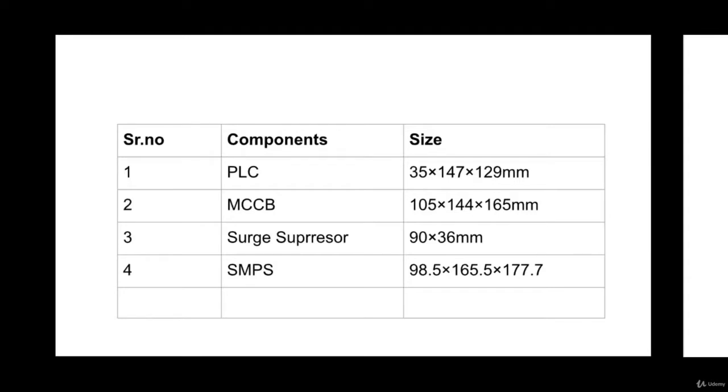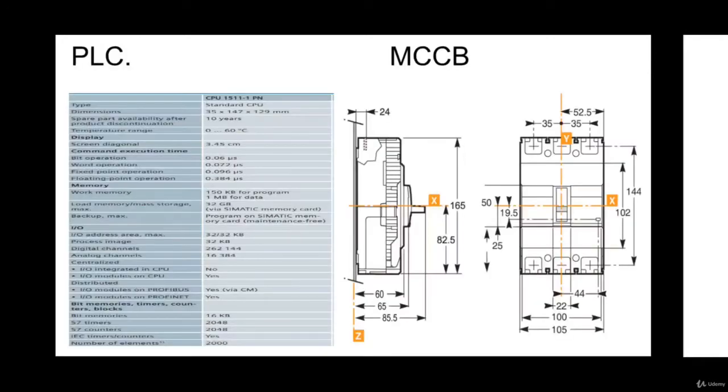But if you are making a project for yourself, then it is very important to have a component list and their dimensions. You can get these dimensions on the websites of various manufacturers, and various companies also provide a brochure of their components, so you will get it very easily. I will just show you some examples.